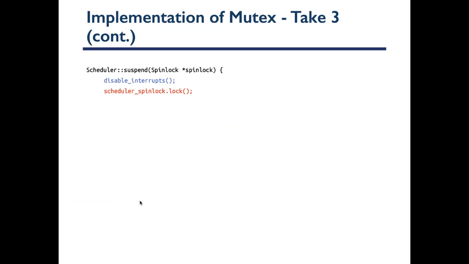We're going to acquire the Spinlock's lock because we want to change the internal state of the scheduler, which is that ready queue. Now, once we have done all of this, we're going to unlock